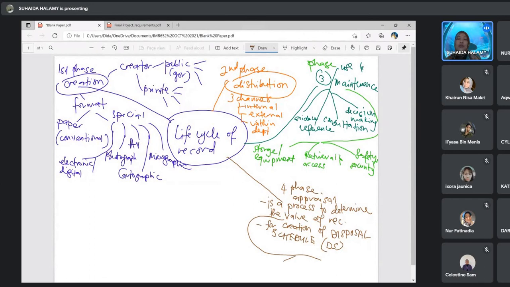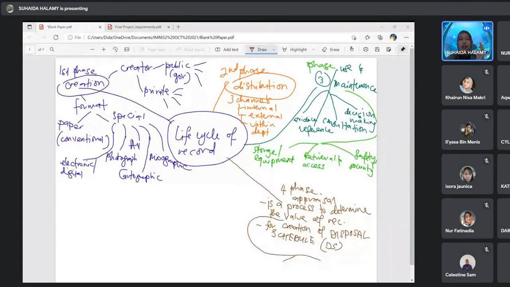When we want to determine the record, we know when a document becomes a record, meaning that it has value. Kalau you tengok definition record, record ni adalah document. So maksudnya dia ada value.